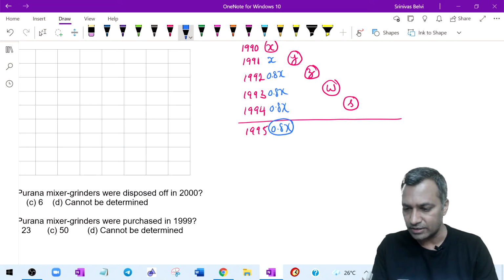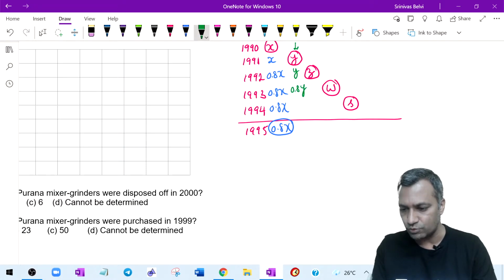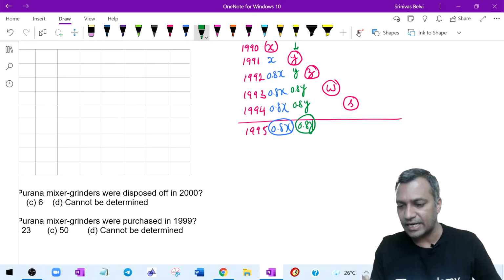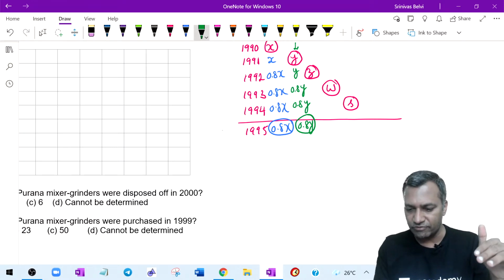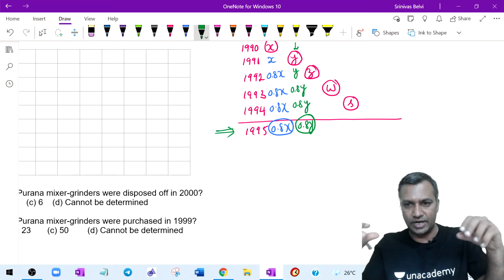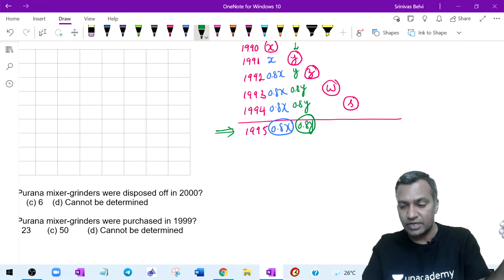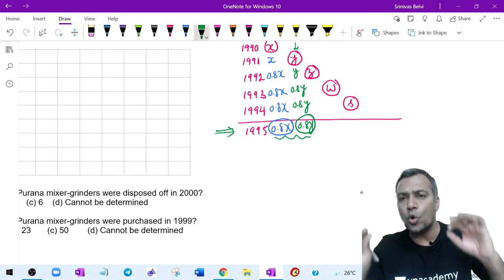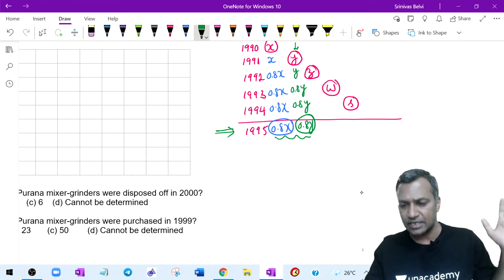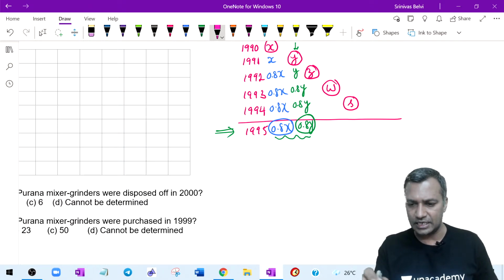Similarly, let's go for Y. What happens to Y here? This becomes Y as it is, because it's the second year. Look from Y's perspective: second year it will be Y. After that it becomes 0.8Y. Then it becomes 0.8Y. When I look at 1995, you may wonder, sir, why you are circling 1995? Because my first data is available at 1995. I want to understand the situation when it comes to 1995, which means these are static numbers. No more discarding is going to happen in 1995. Fair enough.